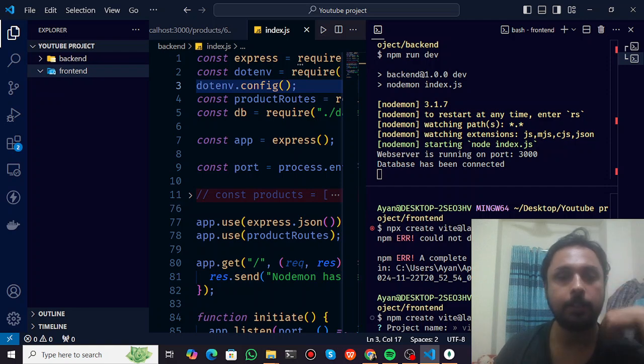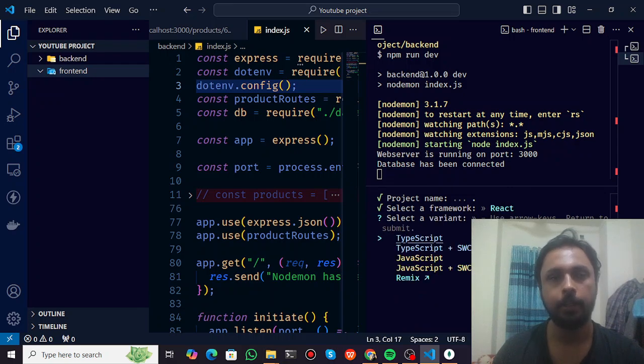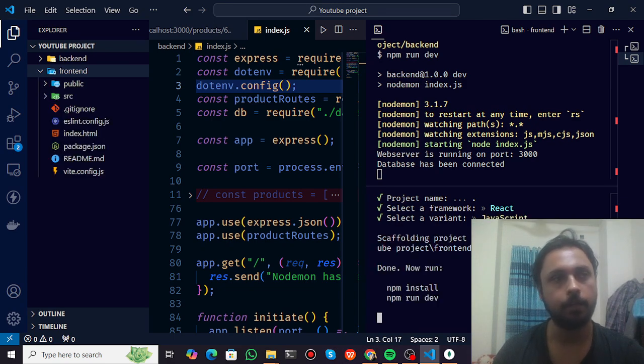So you can see it asking us for a project name. Let's say by default we can add it as a Vite project, but since this is going to be my front-end folder where I want to add every file and folder, I don't want to add anything here. So this would be the directory where I want to add all my project files. I'm not going to use vanilla JS, I'm going to use React, and instead of using TypeScript I'm going to use core JavaScript, and it will create this